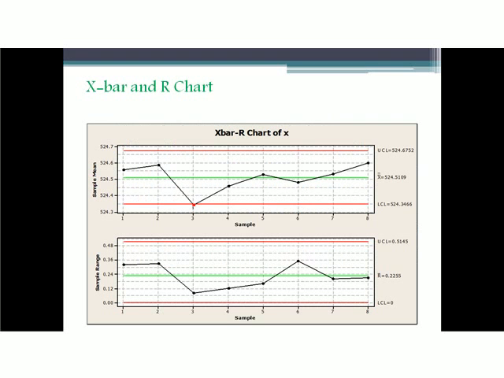Coming to the X bar chart and R bar chart. The X bar chart and R bar chart are plotted to know whether the system is in statistical process control or not. And here we have taken 8 plates and taken 32 readings and then plotted the graph. Both are within the limits, upper control limit and lower control limit, and the mean is